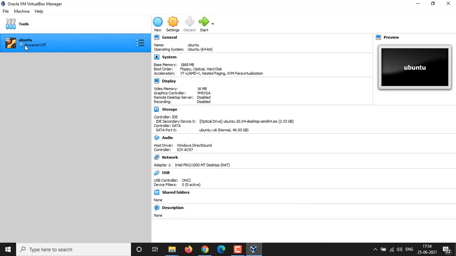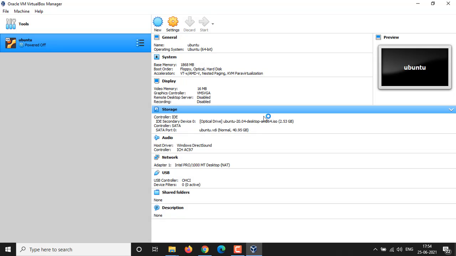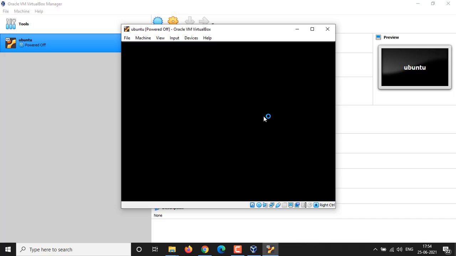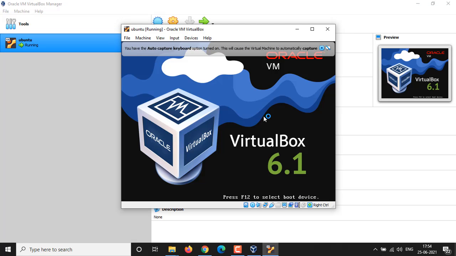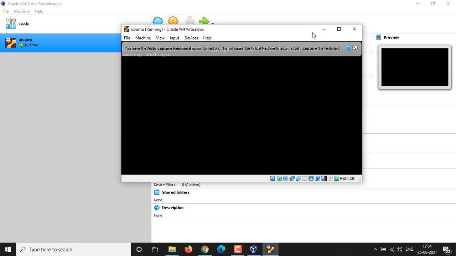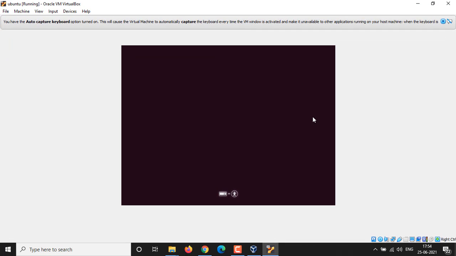And now it's time to start your VM. So, hit the Start button to boot up your VM. You can see that my Ubuntu installer is loading now.